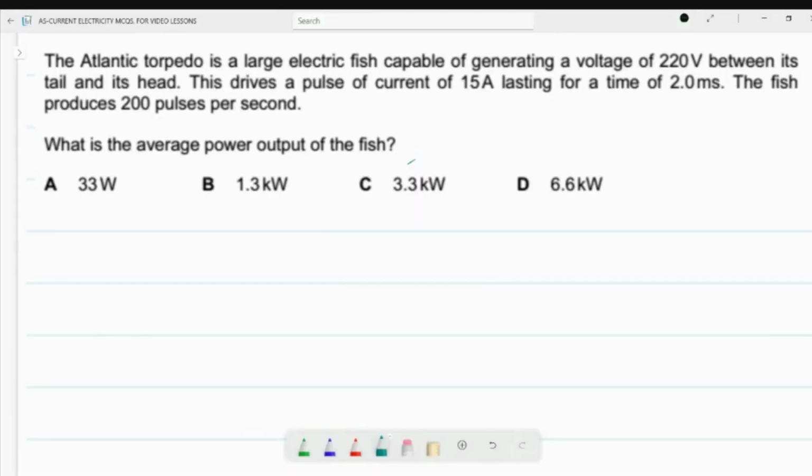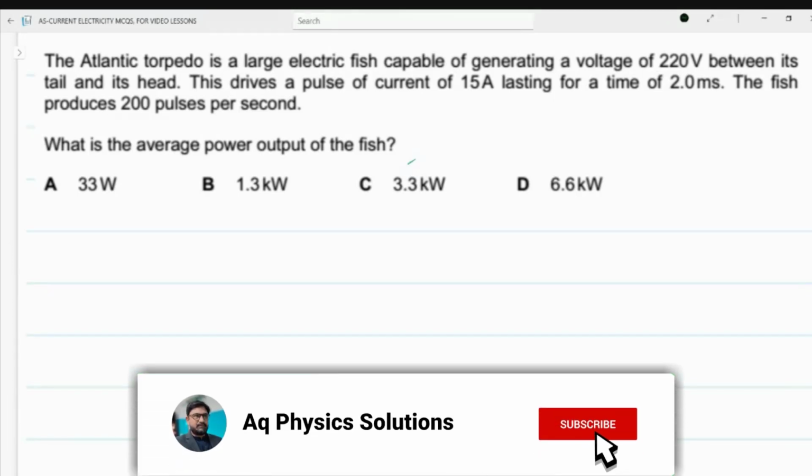Assalamualaikum. Students, here is another very tricky question for you all. This question is basically related with concept of energy and power. The question states that